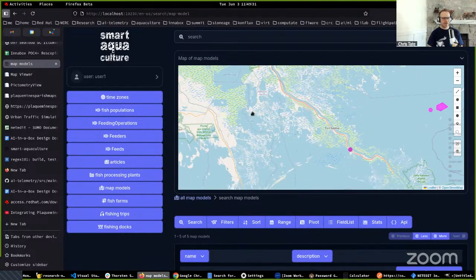start gathering data for how much fishing is going on at all of these locations, as well as fish populations, and track how much fish is caught and where it's taken for processing, and then where it's shipped to restaurants or supermarkets or other places. And if we can bring back the shells from this seafood, for example, shrimp or other shellfish,